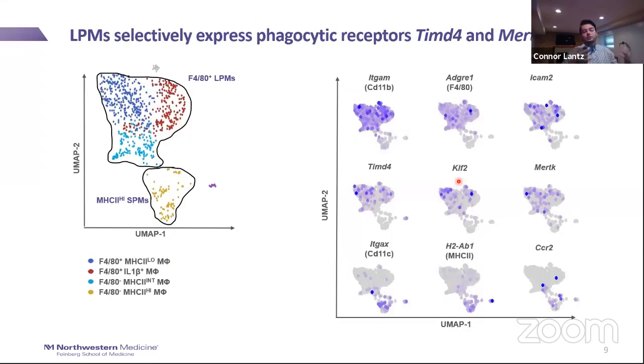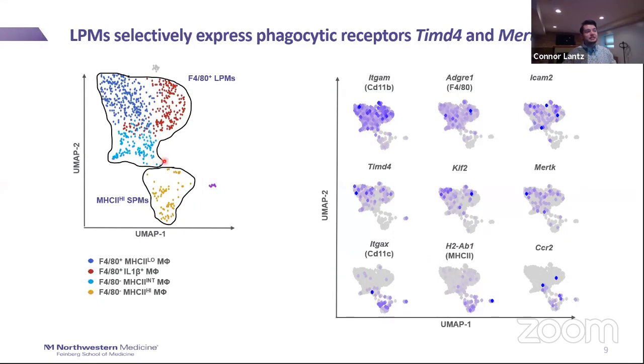So through flow cytometric studies, markers for each of these populations have been identified. And so I just looked at the expression of these markers within my data set. Specifically looking at CD11b and F4/80, which are markers for large peritoneal macrophages, and also CD11c and MHC2, which are markers for small peritoneal macrophages, I was able to see this distinct separation of these populations, and the clustering also correlated with this separation.